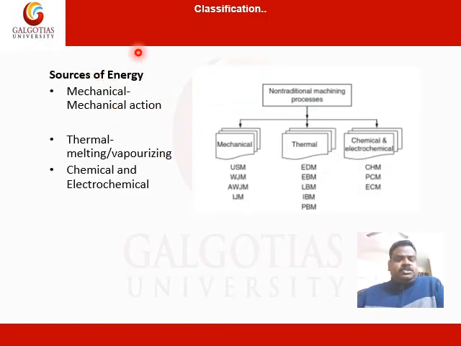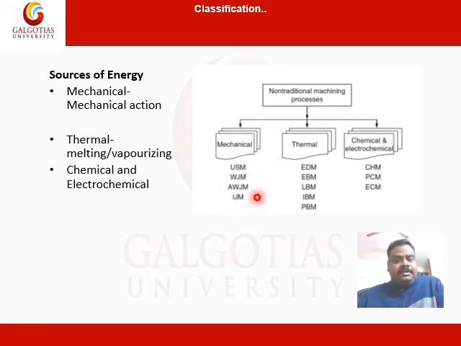On the basis of sources of energy, the non-traditional or advanced machining processes can be classified into mechanical source, thermal source, and chemical and electrochemical source. In case of a mechanical source, a mechanical action or mechanical force is applied on a material to remove the material. For example, ultrasonic machining, water jet machining, abrasive water jet machining. These are the methods that use mechanical action